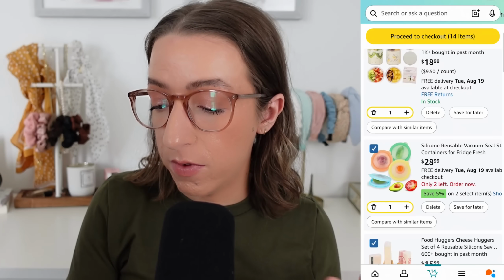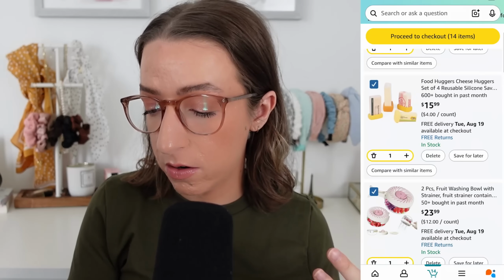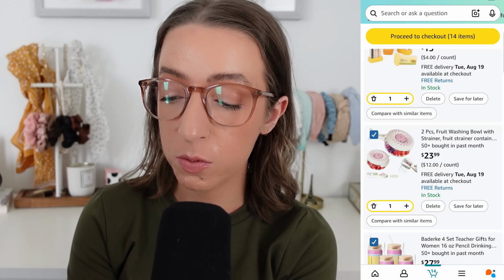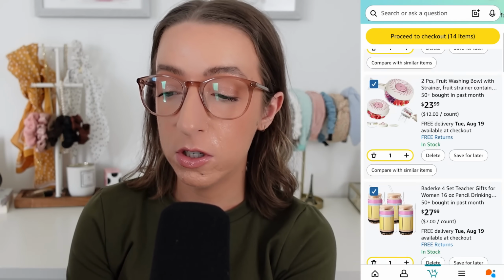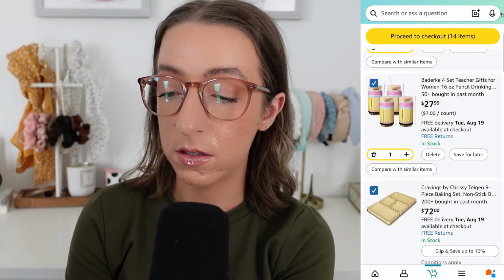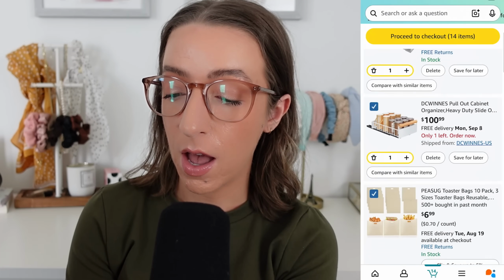We have the vacuum sealed silicone reusable items, the food huggers, the fruit washing bowl. You can wash your fruit without this. And experts say that you should wash your fruit only before eating. You could use a strainer, a colander. We have this baking set, those mugs with the pencils on them, the butter cutter, one of the cabinet organizers,